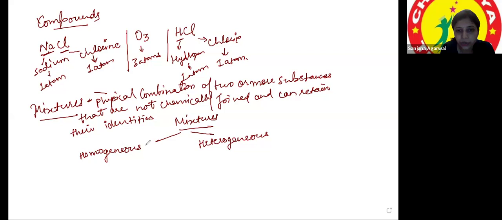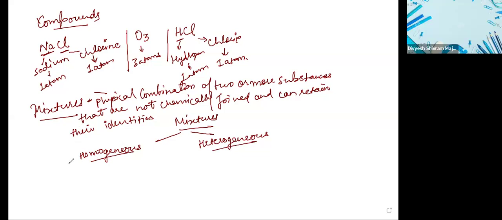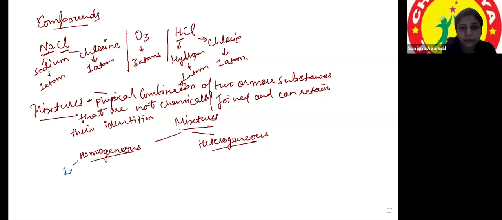Should I tell you the points now? Children, should I tell you the points to write? Write the first point in homogeneous. They have a uniform composition throughout the mixture. And in heterogeneous, write the corresponding point that they have a non-uniform composition, or you can write they have a mixed composition